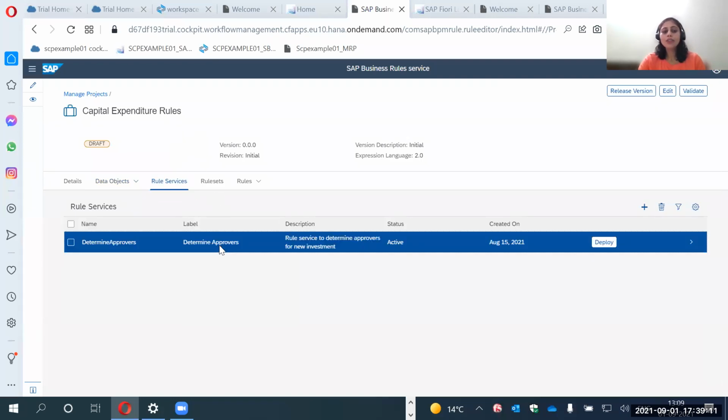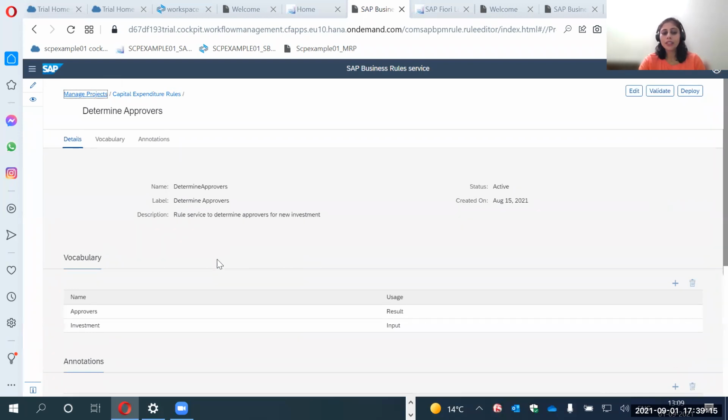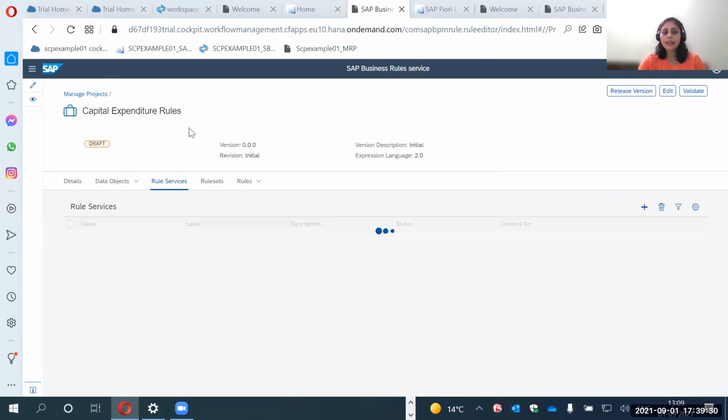So rule service is built on top of these data objects, and where you basically define your vocabulary. So what should be your input? Here the investment data object and its attributes would be the input conditions based on which your approvers will be determined. So that forms your result or the output. So this is what is defined in the rule service. And then